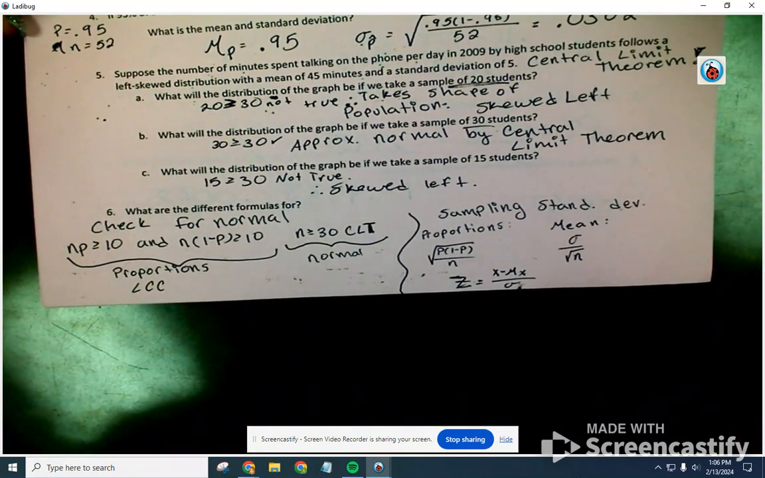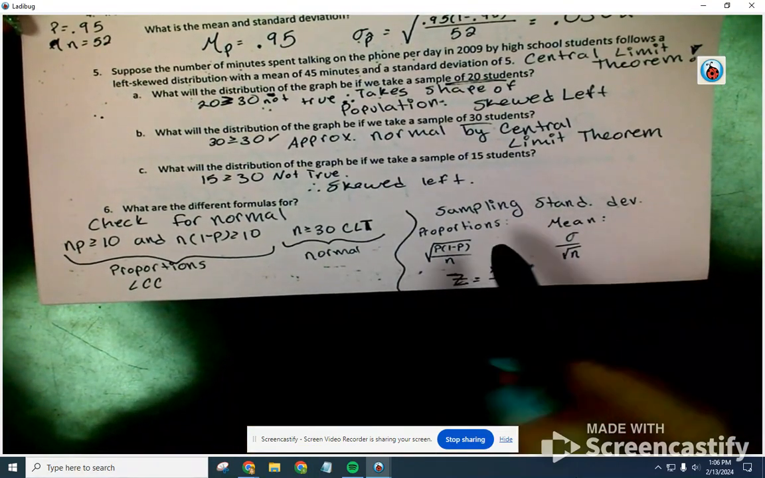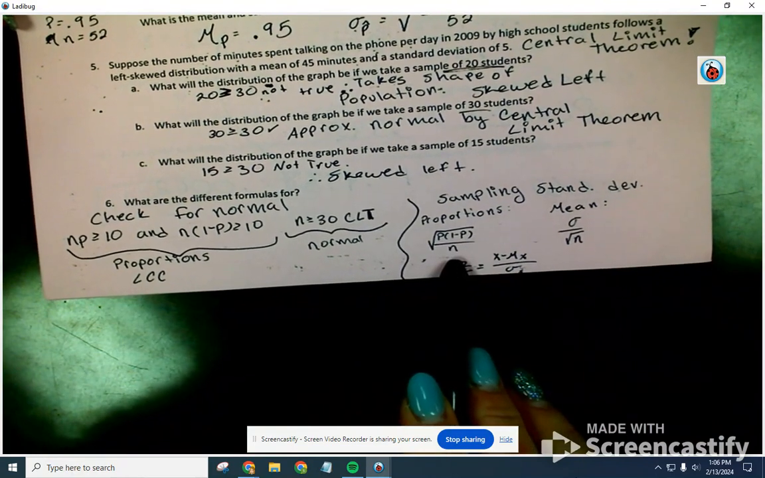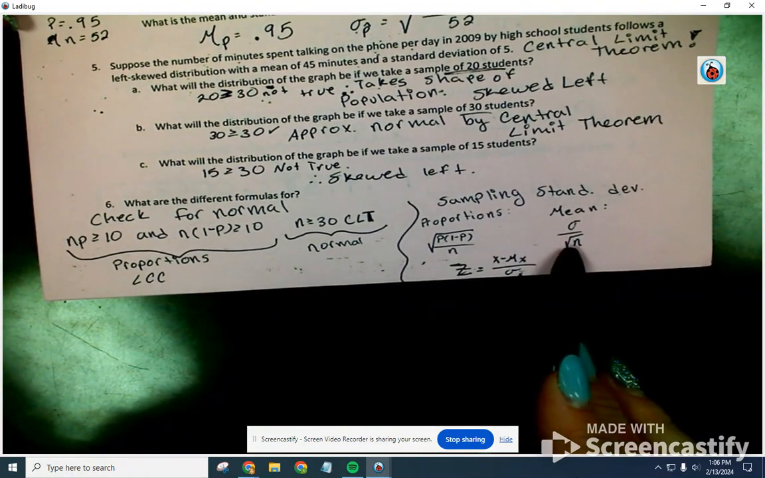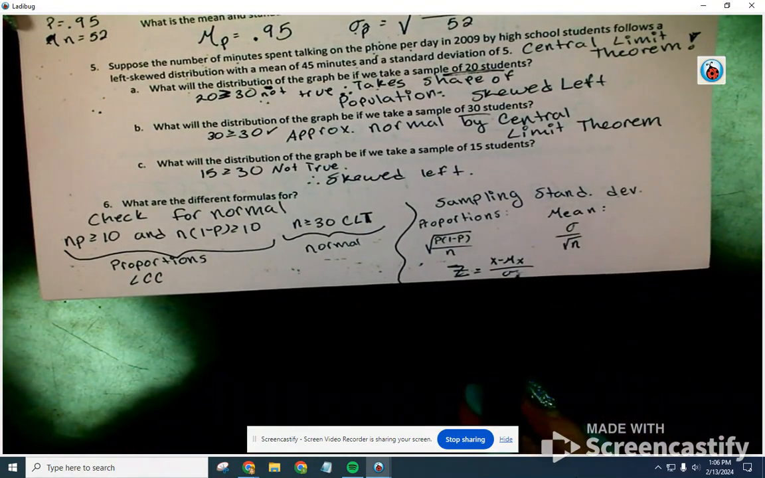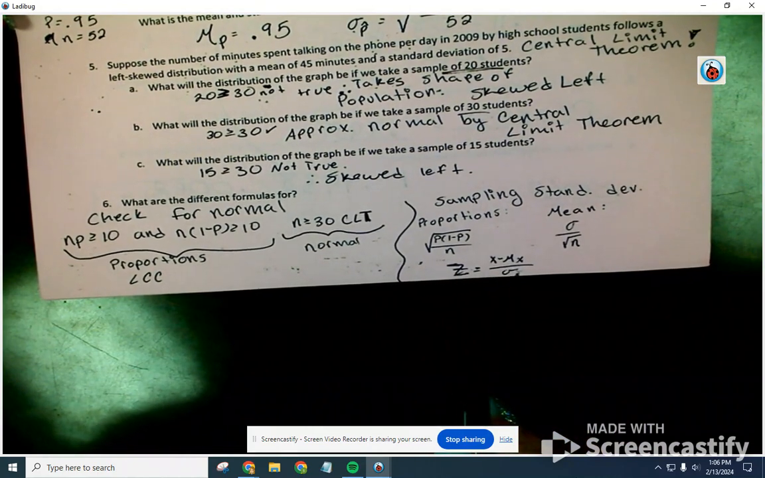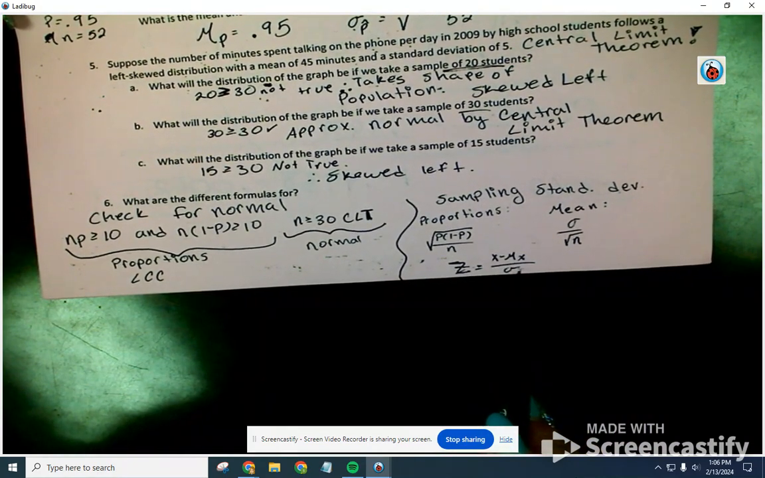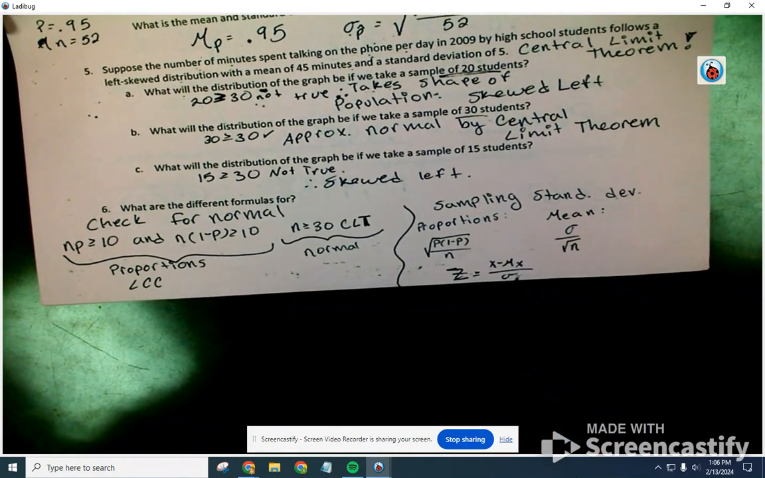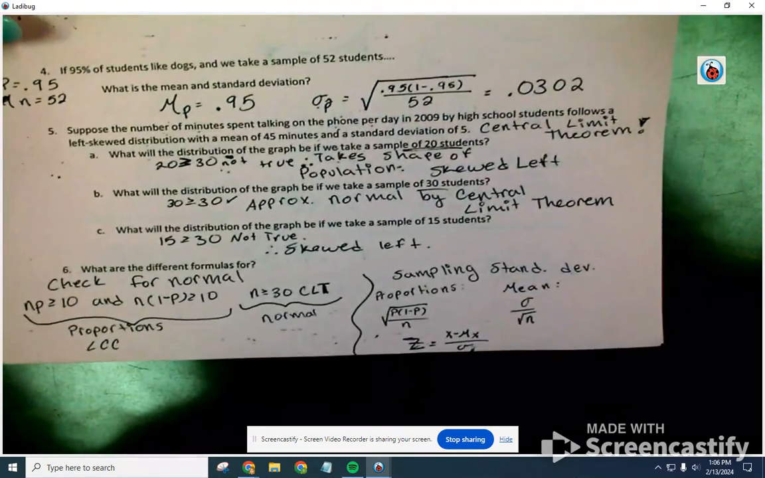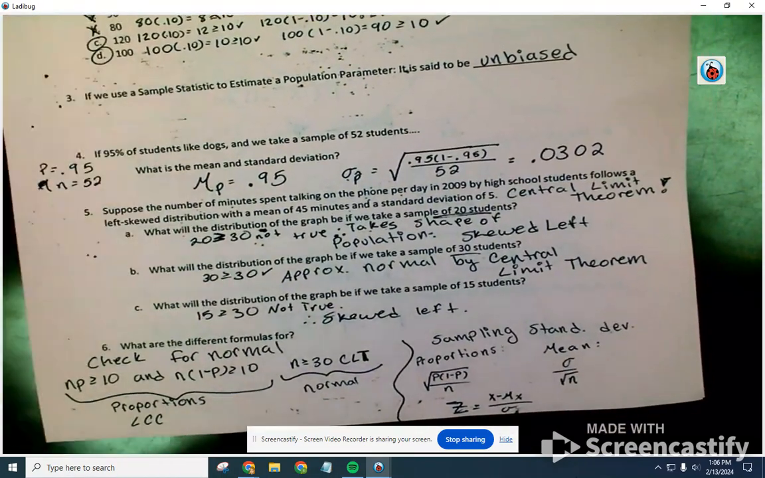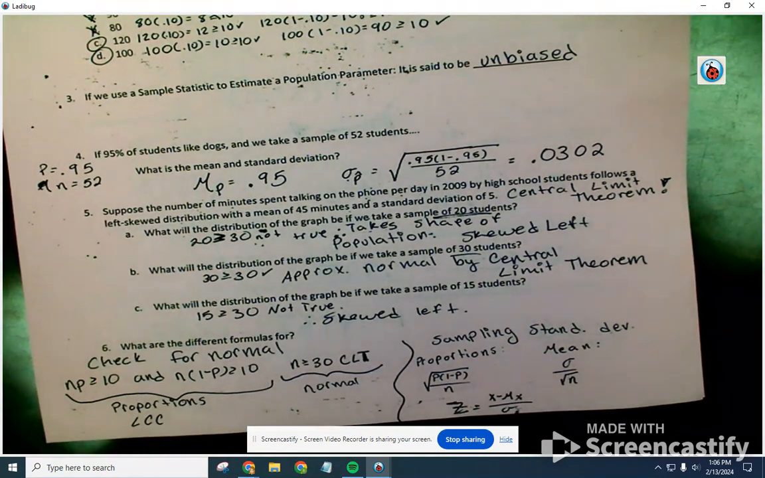We also talked about the different standard deviations. So for a proportion, we use this one, and for a mean, we use this one. We also talked about Z, how it is equal to X minus the mean divided by the sample standard deviation. So make sure that you are using that sample standard deviation for these. In our next video, we are going to look at the